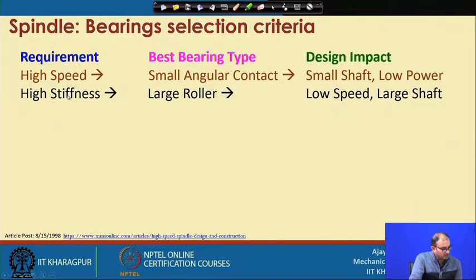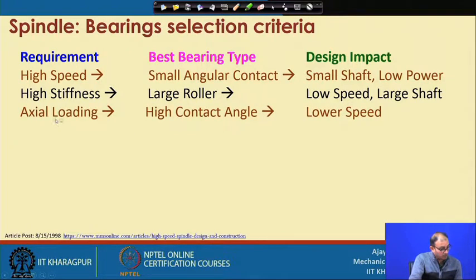Now you can see that stiffness and speed, both things cannot be matched together. So, obviously, we have to compromise at one particular location where both things can be reasonably good within the limit. If you are talking about axial loading, that is mostly in the drilling operation. When you do drilling, we know that we are just pushing the drill from top to bottom only, we are not moving to the sides. So, that is called axial loading.